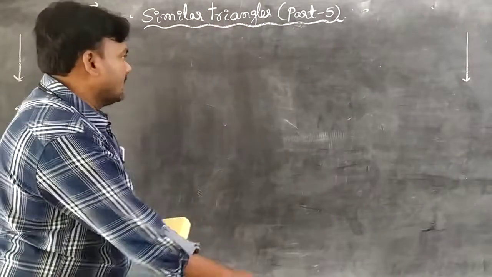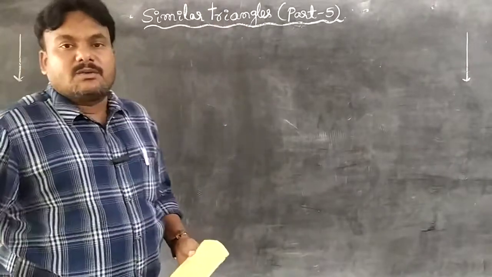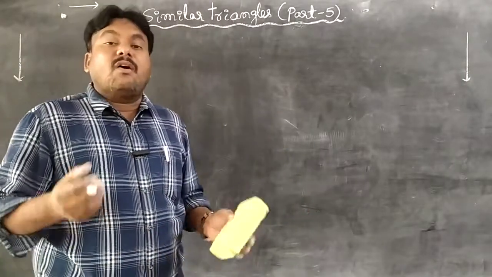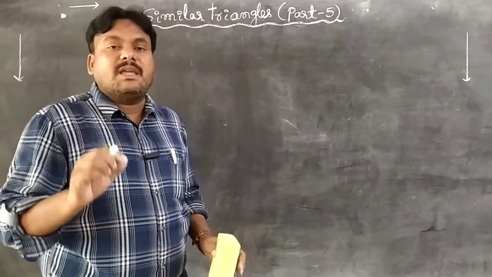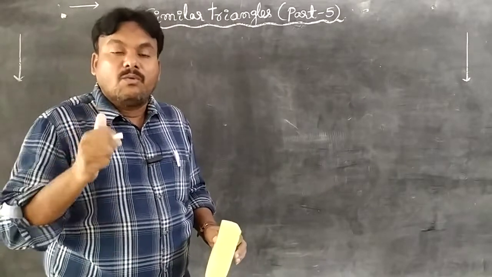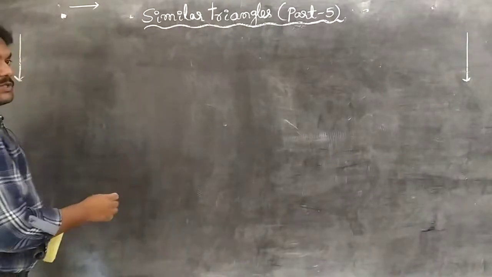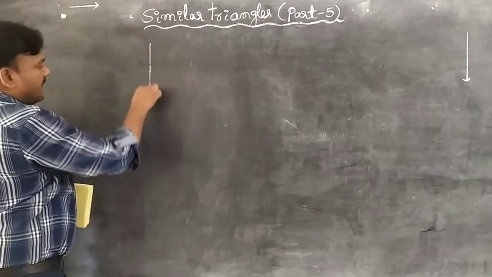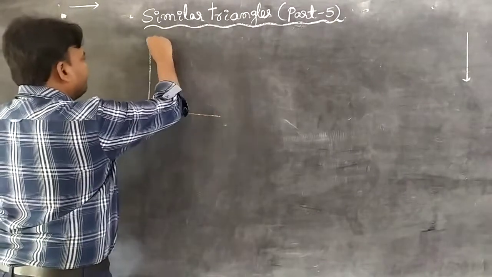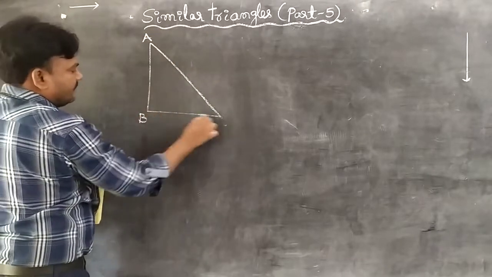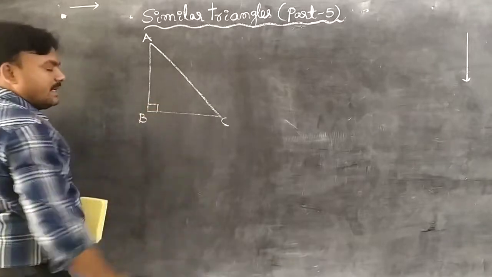So in that, I raise one question. What is the question? For a right angle triangle, one of its measurements must be an even number. Why? What is the reason? So observe, while approaching the solution, first of all, I take a right angle triangle A, B, C, where angle B equals 90 degrees.